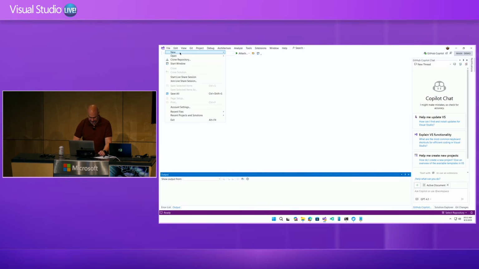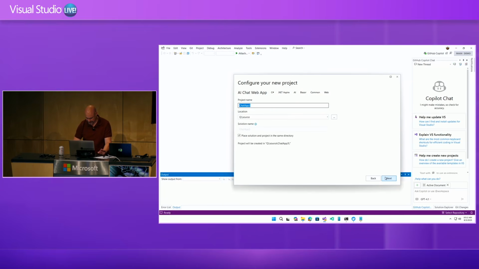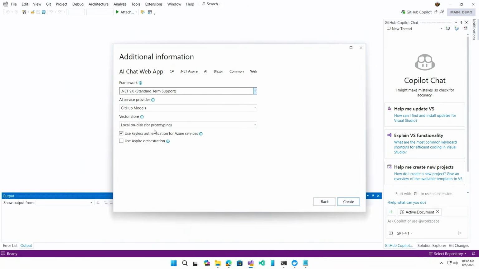I didn't get a chance, so I'm going to go through that again, and I'm going to make sure that I select the things that I want to do. I'm not going to Zoom this time. We're calling it chat at 3 because that's what it gets. We're going to go using Qdrant, Aspire orchestration. All right, so when I create this,